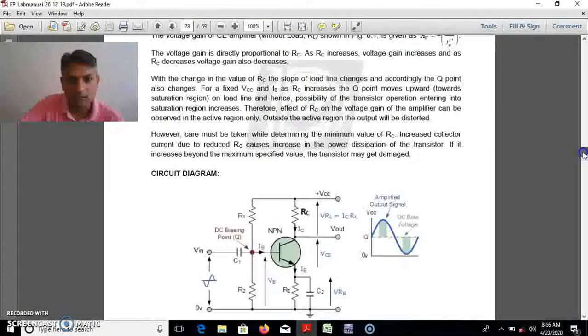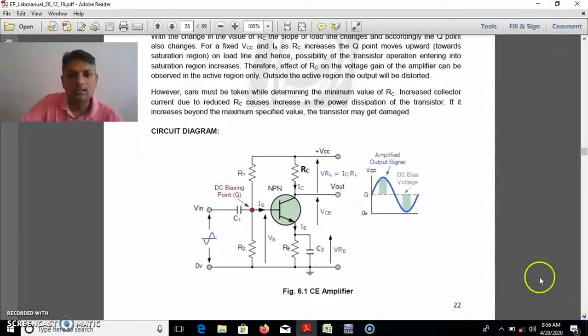For that, the following is the schematic of the voltage divider bias common emitter amplifier, in which we give some input at the base side. R1 and R2 are biasing resistances, then the collector resistor and emitter resistance, and from the collector terminal we collect the output.